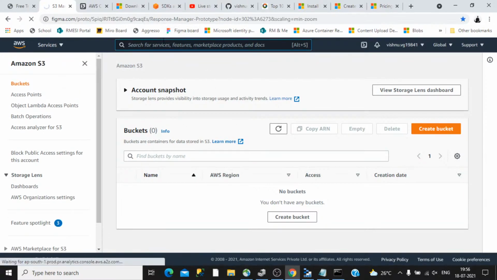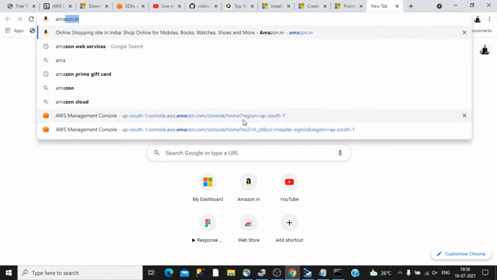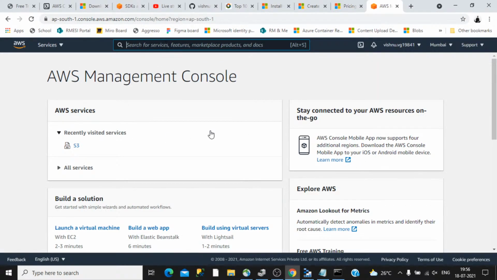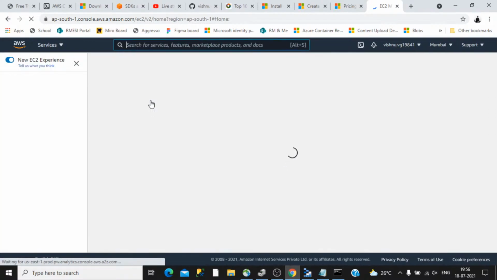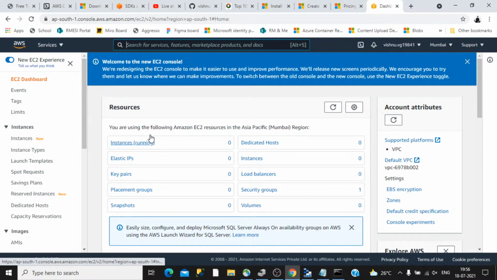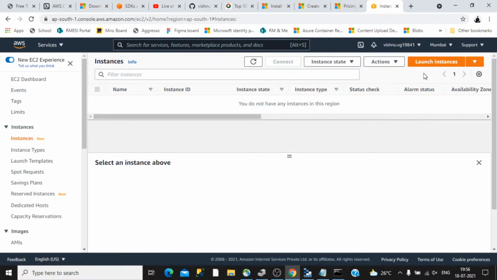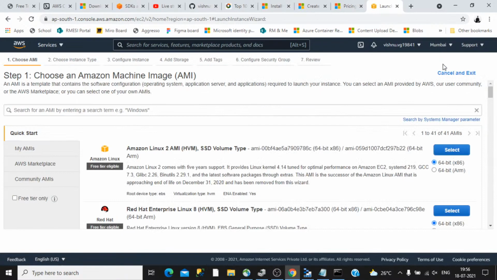Let's create some other service like EC2. I searched for EC2 because I want to spin up a virtual machine in Amazon.